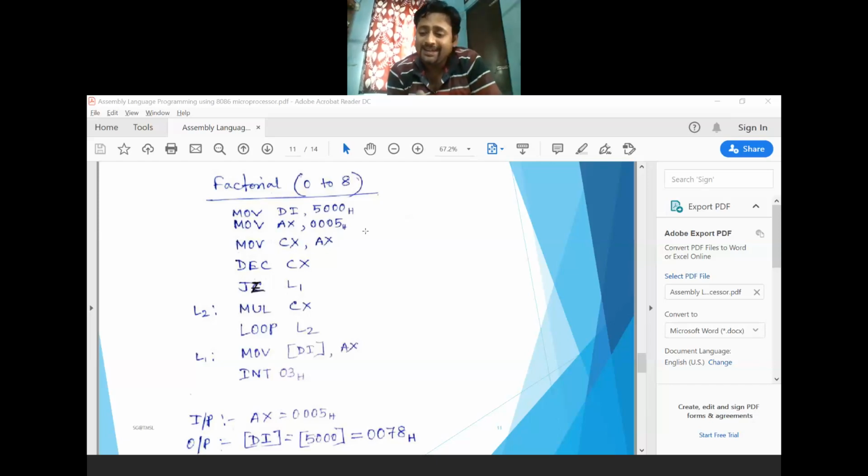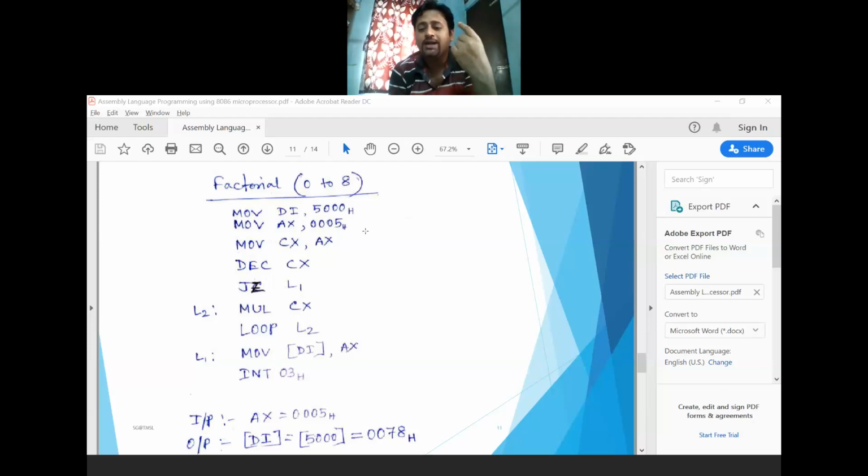So you can't take any external data like 5 and 4. The first multiplication will be between 0005 into 0004. So you can't take any external 0004 data byte. You have to manipulate this 0005 according to your requirement.